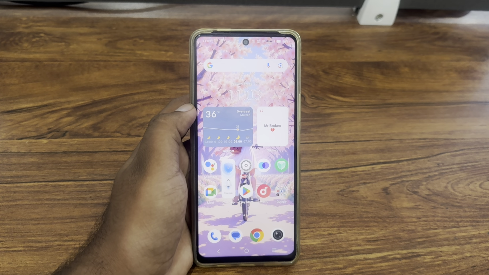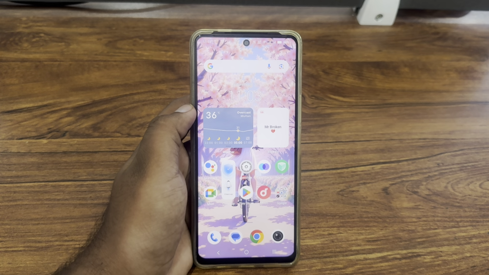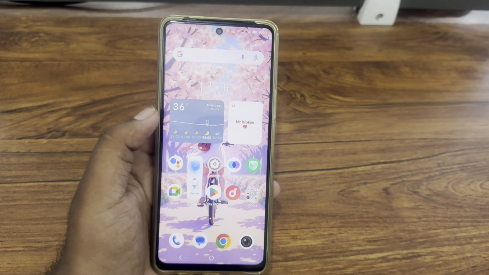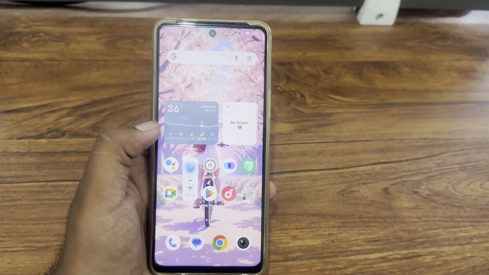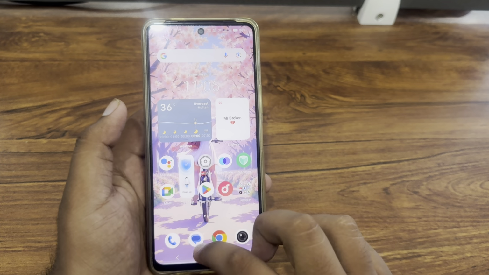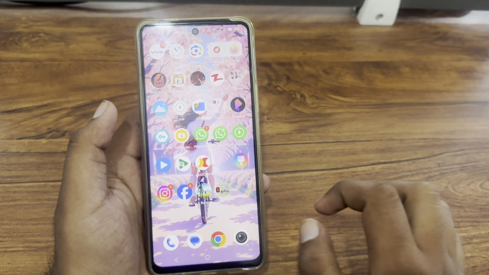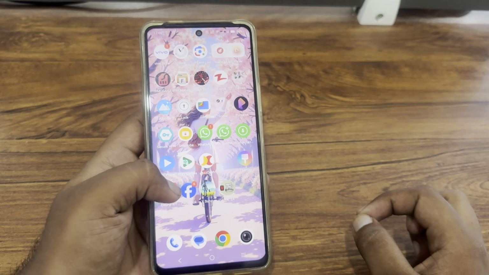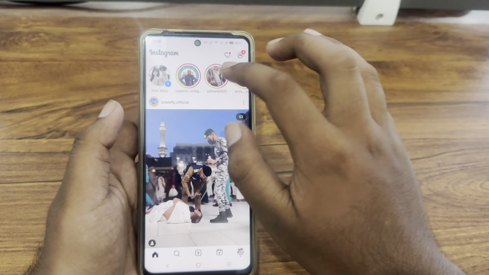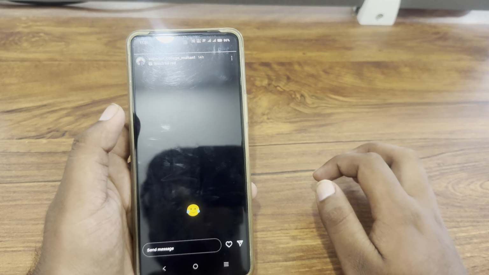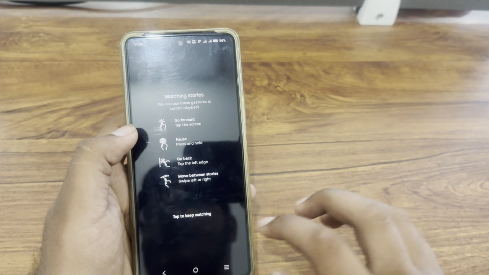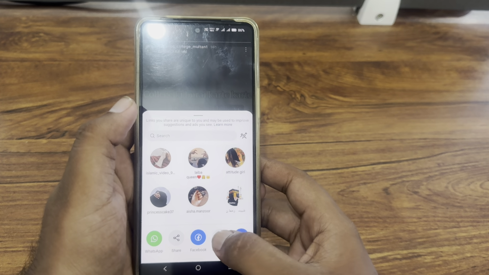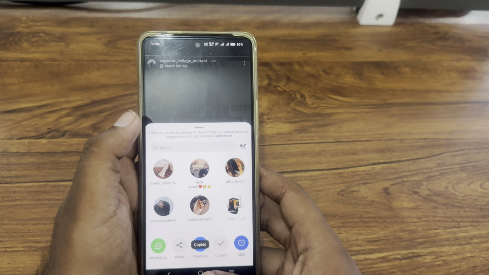Today I'm going to tell you how to repost Instagram stories. So if you want to repost anyone's story on Instagram, just open your Instagram app and here just open the story you want to repost. Just tap on it and here just tap on share, tap on it and here just tap on copy link and now go back,